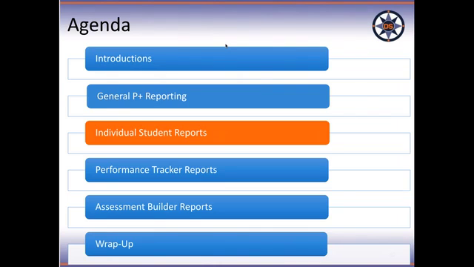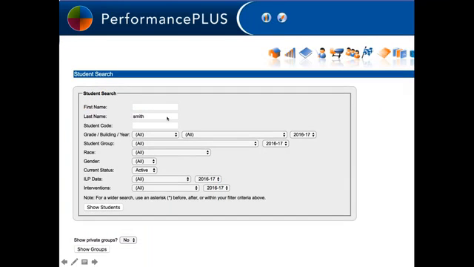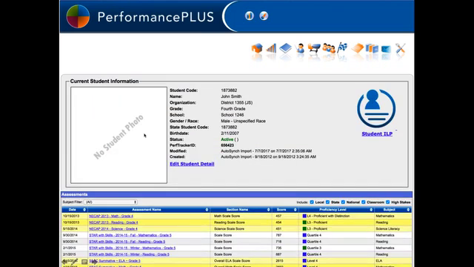I'll show you the two. One actually, I wouldn't even really call a report. You go into students, type in the student's last name, first name, if you have it, any other information you want, and then show the students. You'll get a list. This for everybody I have is named John Smith. You'll get a list of all the students that match criteria. You choose the student you're looking for.